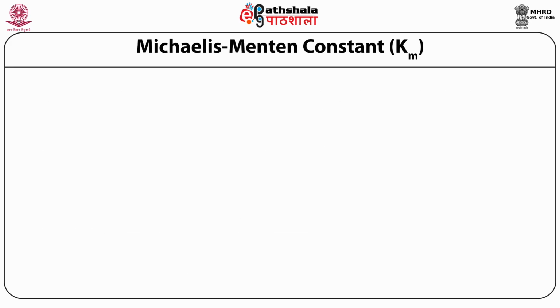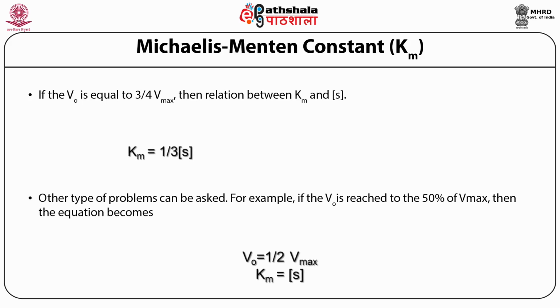Another relation between Km and substrate concentration can be calculated. For example, if you take V0 as equal to 3/4 of the Vmax, or 75% of the Vmax achieved, then the relation will be Km equals 1/3 of the substrate concentration. And we can say that Km is 1/3 of the substrate concentration which is required to achieve 3/4 of the